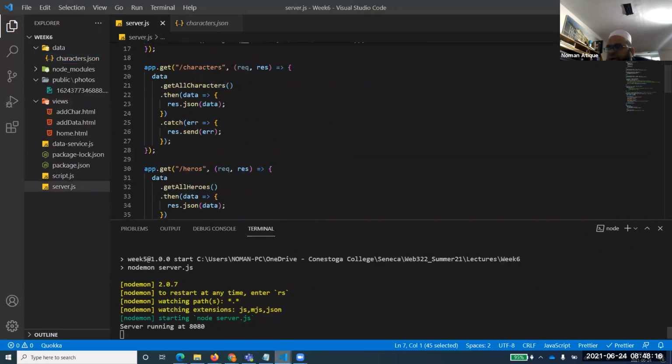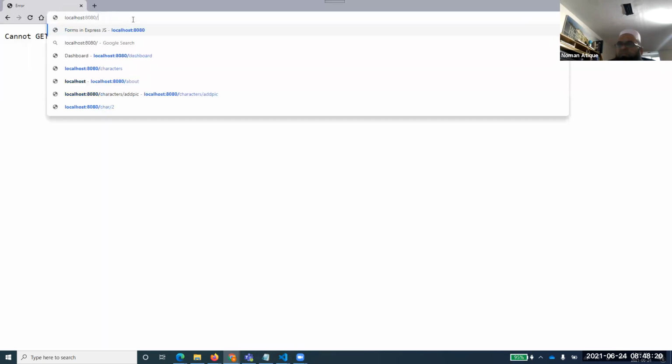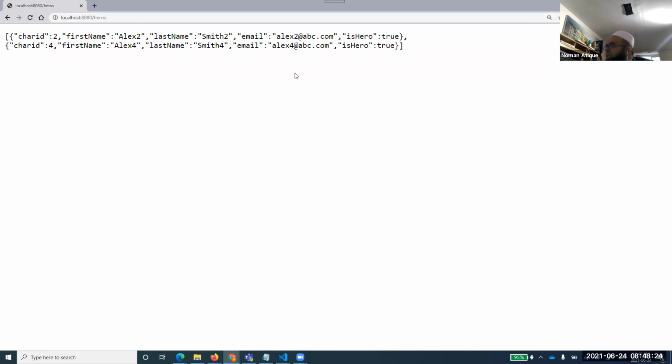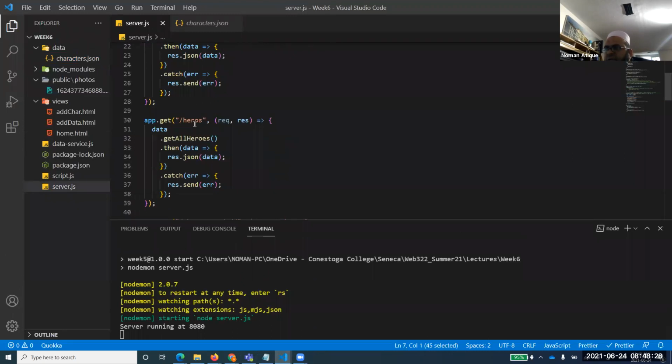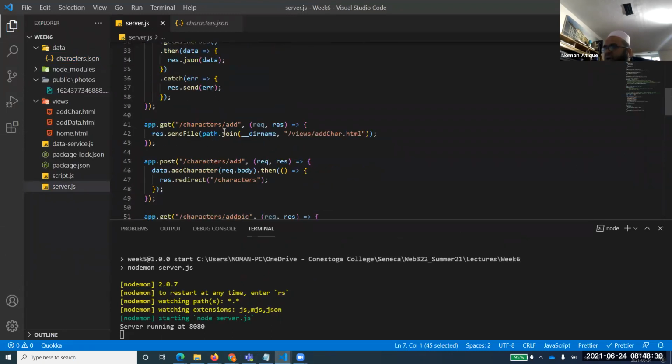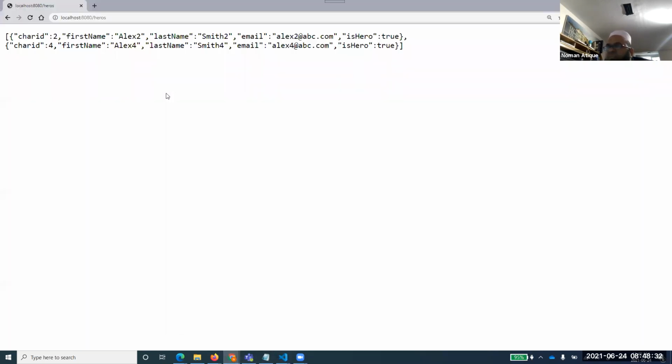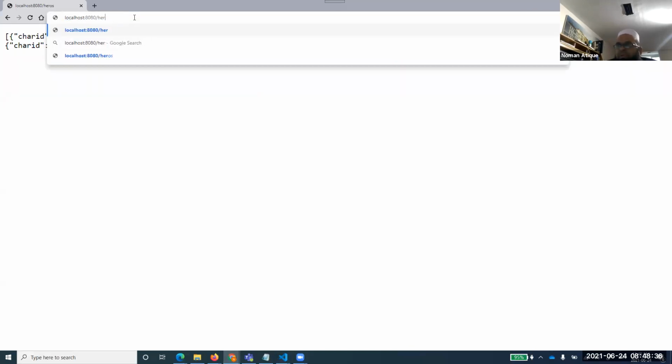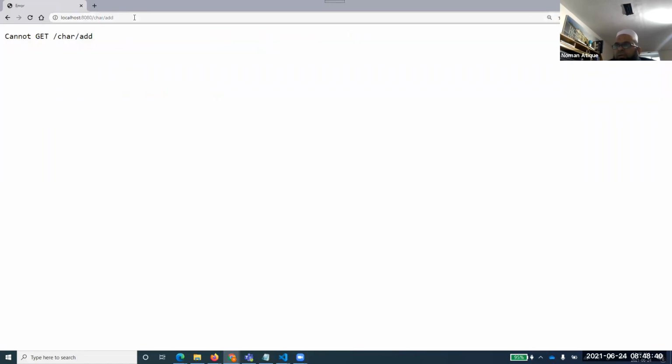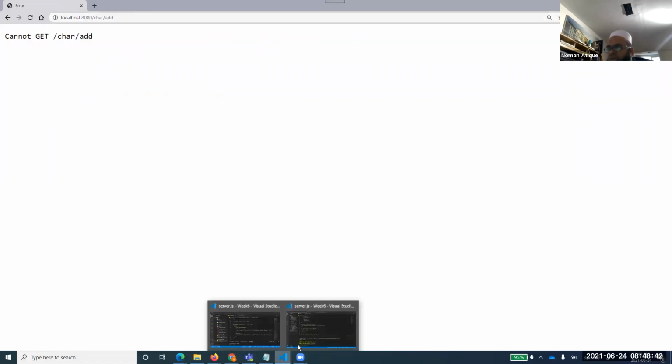There was also a route for the heroes. You remember, if you just want to know who the heroes are, with the wrong spelling, we were just checking that the heroes were there. And what were the other parts? If you see here, heroes and then characters/add. Oh, again using the wrong one.